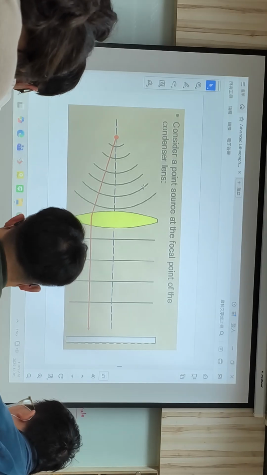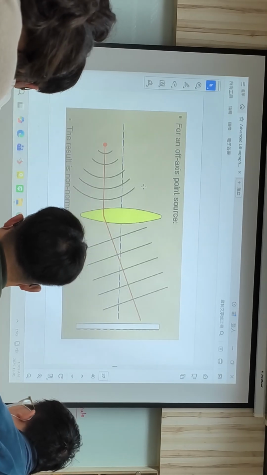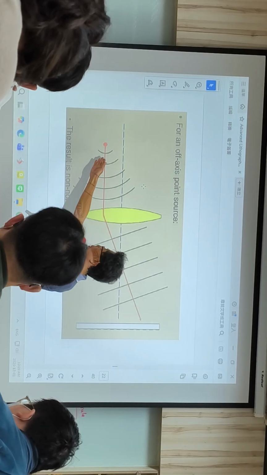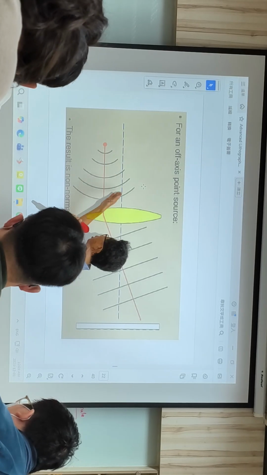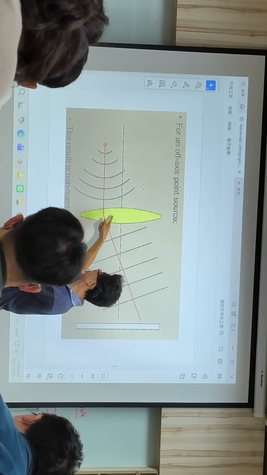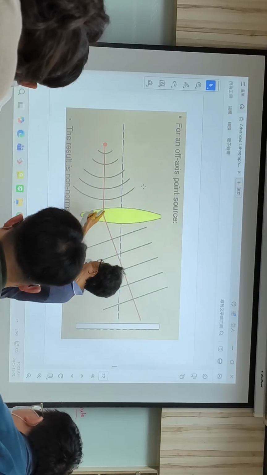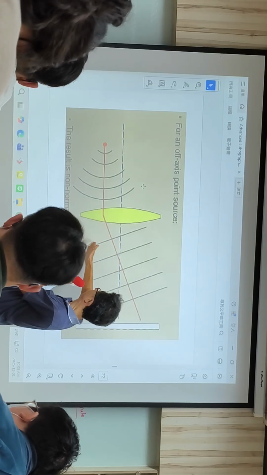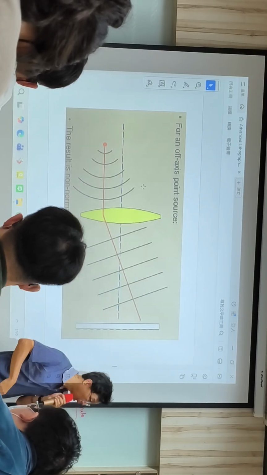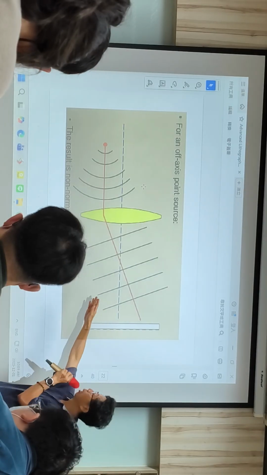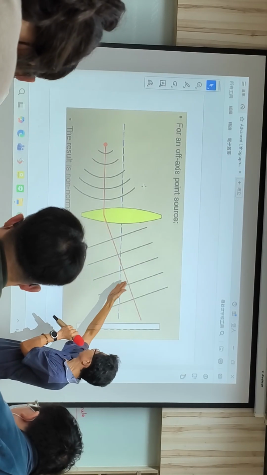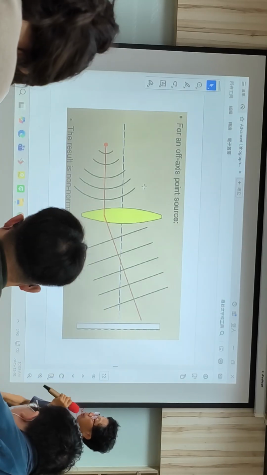On the other hand, things going parallel to the central axis will go through the lens as a parallel plane, and then go through here. It is the focus. Okay, so